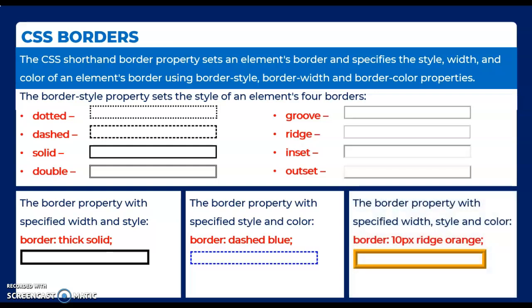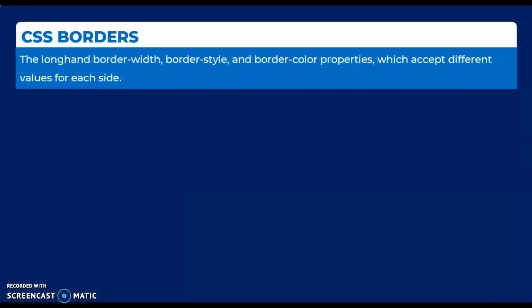And finally, this example is having the border property applying all three properties. The border width property using a numerical value of 10 pixels, the border style property with a value of ridge, and the border color property with a value of orange color. The border shorthand property is especially useful when we want all four borders to be the same. To make them different from each other,